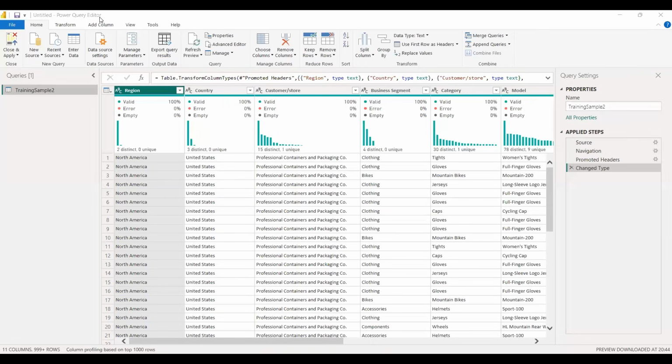Power BI is divided into three parts: Power Query Editor, Power BI Desktop, and Power BI Service. That is the structure of Power BI. Wherein, if you feel that data is not structured, basically, the rows and columns are not in a required manner,